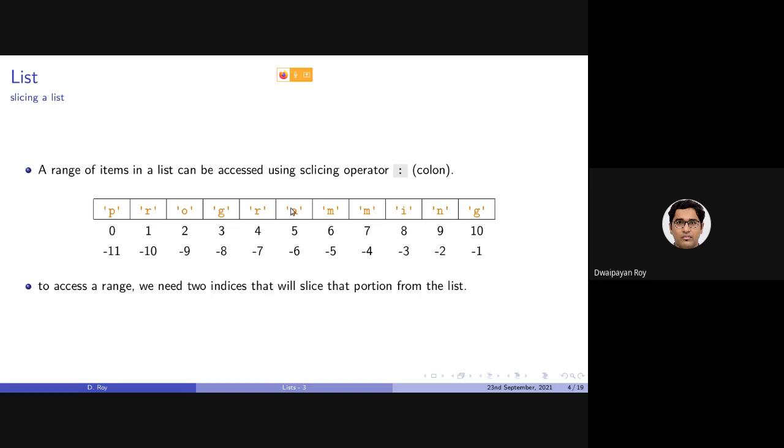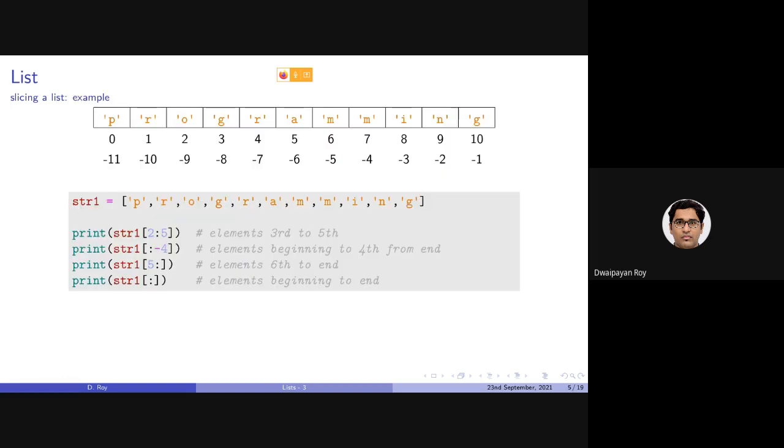And if we initialize a string with programming, the way we will be able to handle the individual items in that string, that is the individual characters, is similar to the way we can access the list items. Now coming back to the slicing operator, how we can access multiple items using the slicing operator.